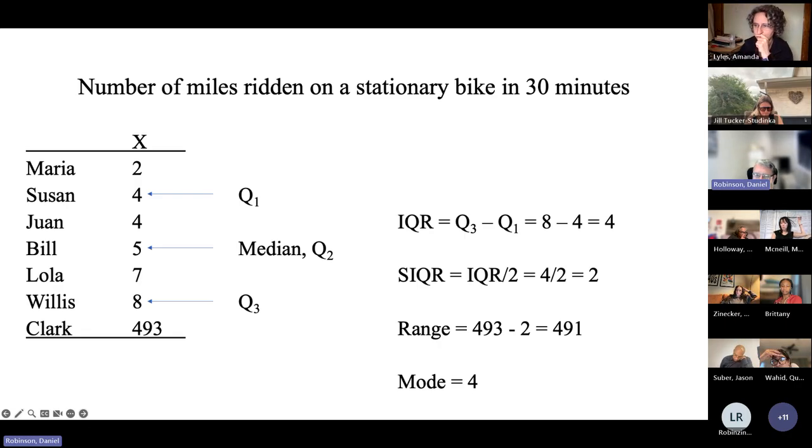Okay. But we'll talk more about DIBELS later, in terms of reading tests. All right. Okay. So